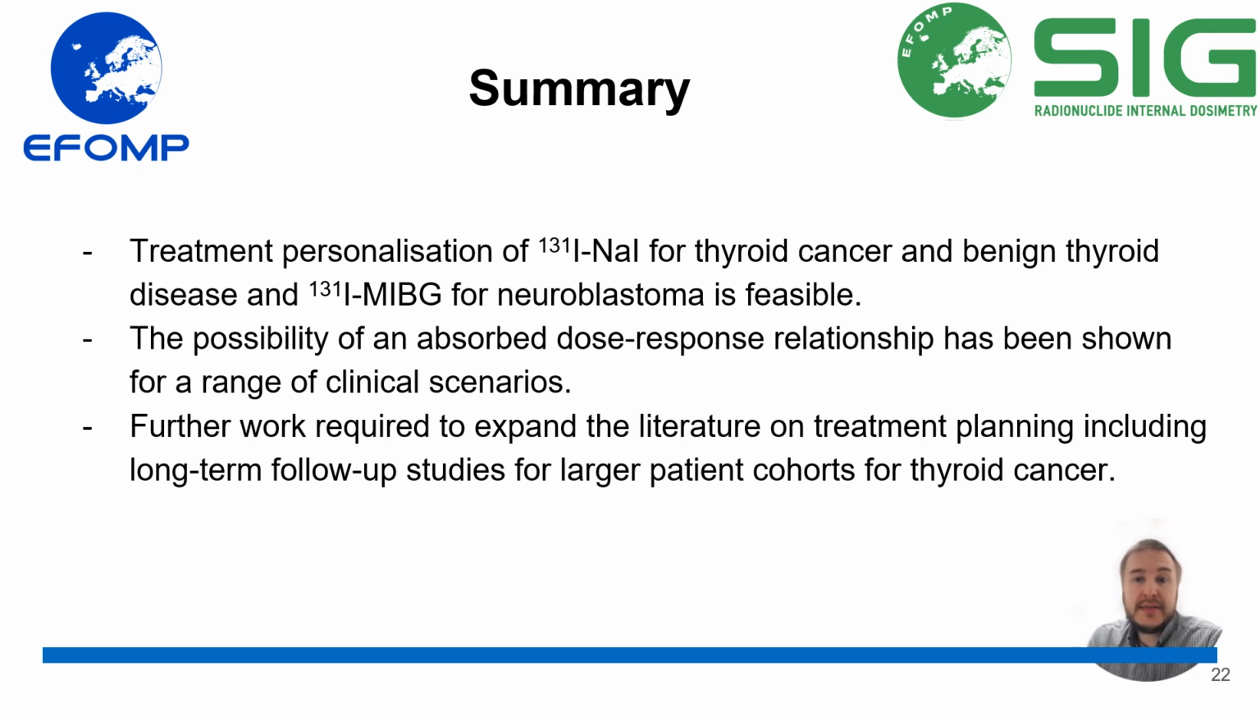So just to summarize, I think treatment personalization using I-131 for either thyroid cancer or benign thyroid disease, and I-131 MIBG for neuroblastoma, is really feasible. We have shown that pre-therapy dosimetry can predict post-therapy outcome, and we have shown that there are dose-response relationships. There are quite a lot of papers out there reporting different absorbed dose thresholds, even if they're a little bit variable. I think we can still see that there is definitely a value in adding dosimetry, and there are different